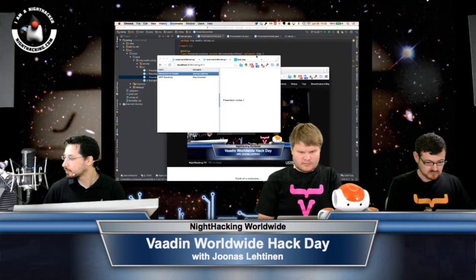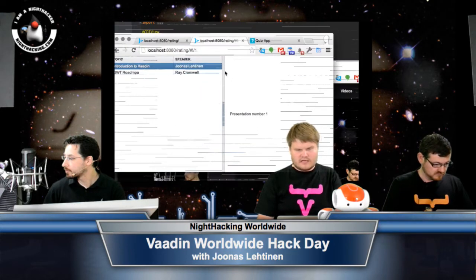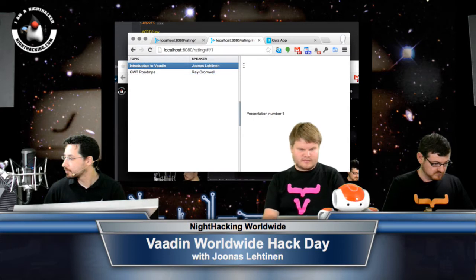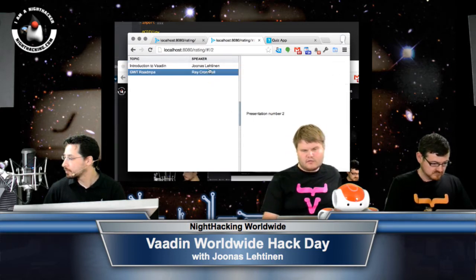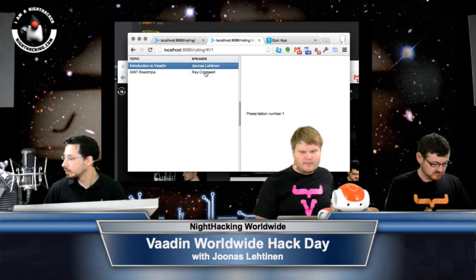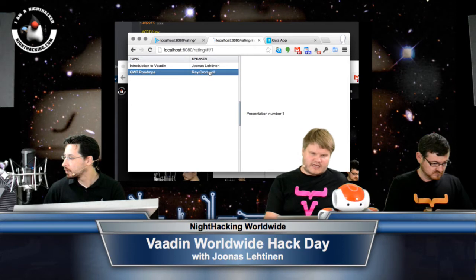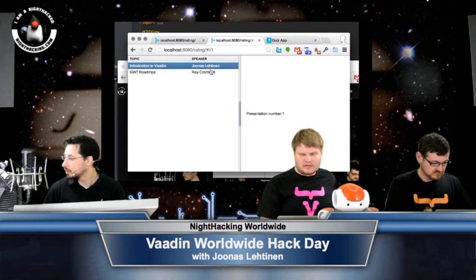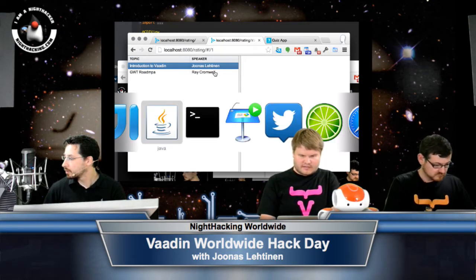So basically, I was explaining the structure of how CDI and navigators work together. We have a master details view here implemented with Vaadin CDI. When I'm choosing a presentation, it modifies this URI fragment, so it just adds the ID of the presentation as a parameter over here. And from a code point of view, this is implemented